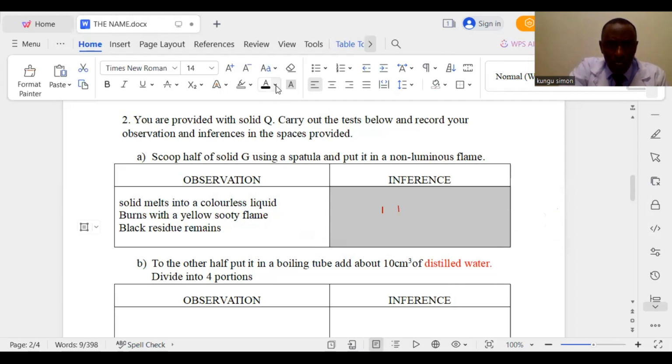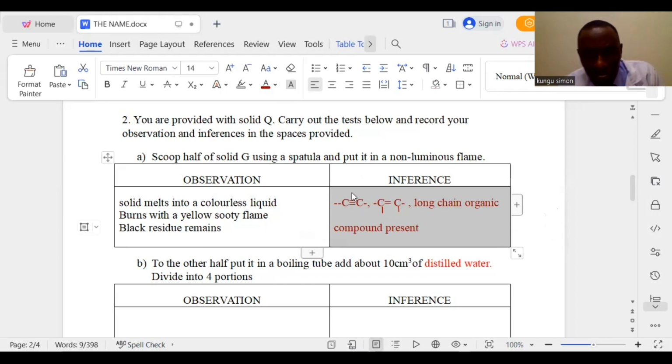This is how we're going to put it: the triple and double bonds. Now, these ones here, we refer to them as unsaturated. Unsaturated carbon compounds basically have a high carbon to hydrogen ratio, and therefore they burn with a sooty flame. Now, there is also something that maybe we also